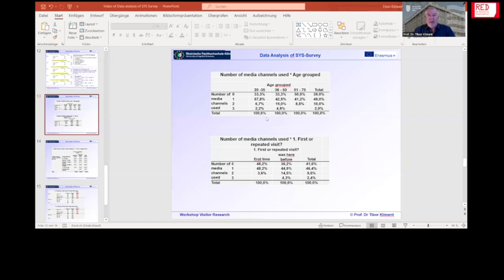used in the campaign. What we see here then is we have the number of media channels that were used by the different visitors. For instance, 0 means the visitor was not reached by any media channel. 1 means the visitor was reached by one channel, 2 by 2 different media, 3 by 3 different media. So we looked at this for the different age groups. Here again we have age in the head of the table,